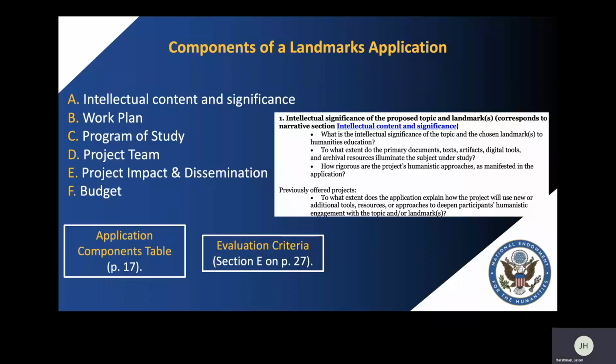While programs must be open to all educators, it may be the case that you see your program as being more applicable to work done at certain grade levels, and we ask that in the introductory section of your application you indicate the grade levels you consider to be the most appropriate. As you move through the intellectual content and significance section, as well as for the duration of your application, please be mindful of jargon that may be specific to a particular field and not understood by a humanities generalist.